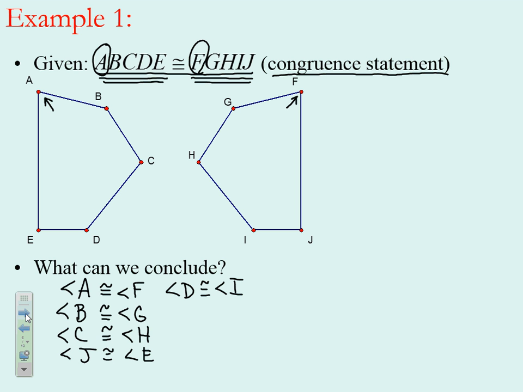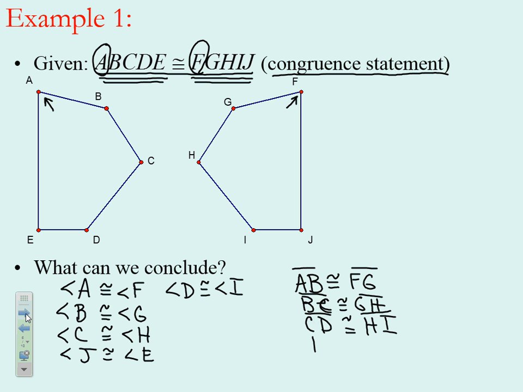Now those are just the angles. Remember, shapes have angles and they have sides. We should also say, well then side AB would be congruent to side FG. Side BC is congruent to side GH. And side CD is congruent to side HI. Side DE is congruent to side IJ. And last but not least, how about AE